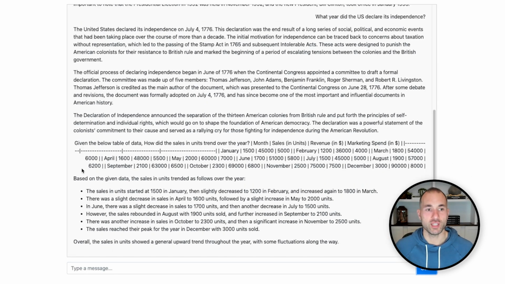And here we go for the answer. It says, based on the given data, the sales in units trended as follows over the year. The sales in units started at 1,500 in January, then slightly decreased in February and increased again to 1,800 in March. There was a slight decrease in sales in April to 1,600 units, followed by a slight increase in May to 2,000 units. In June, however, there was a slight decrease in sales to 1,700 and then another decrease in